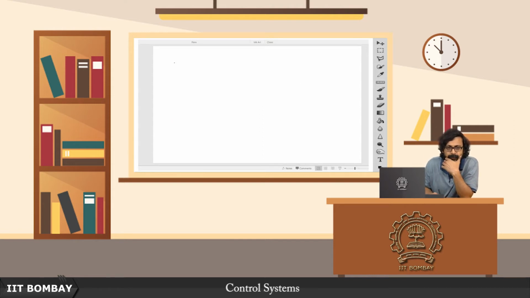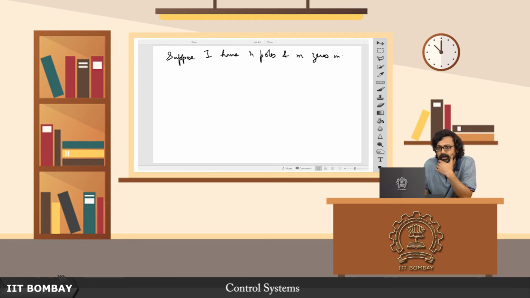So suppose I have n poles and m zeros inside a contour, zeros of what? Of Fs, inside a contour in the argand plane, which is the complex plane,